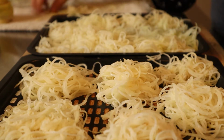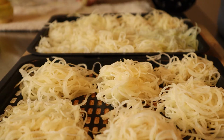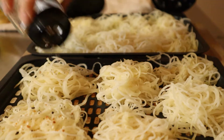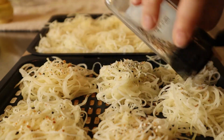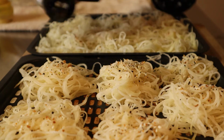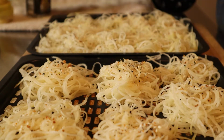Another option, if you don't have an air fryer, you can cook these on a silicone baking sheet at 400 degrees for about 30 to 35 minutes, using my favorite seasoning, the Everything Bagel seasoning, to top off my hash browns. I'm going to cook this in my air fryer, and then while those are cooking, I'm going to chop